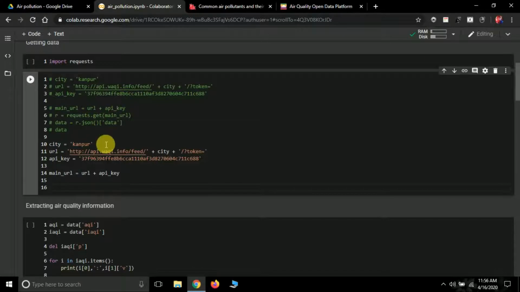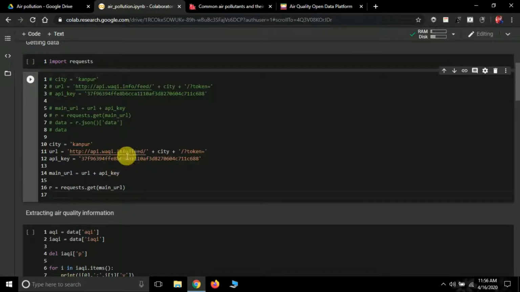Now what I'm going to do is visit this API. How can we do it? See, inside the requests library we have a method called the get method, which can access any API or website. So we have to pass the URL of the particular API or website here. I'll simply pass the main URL here, as we have already stored this whole link of the API in this main URL variable.